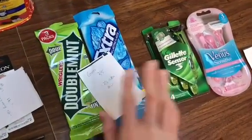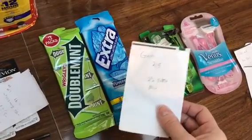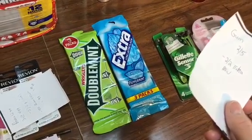Okay, so this gum, I wasn't paying attention. It's 2 for $5. I had a $2 off of any 2. It was Extra, Orbit, or...